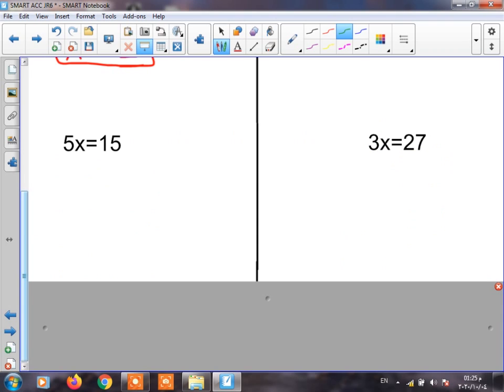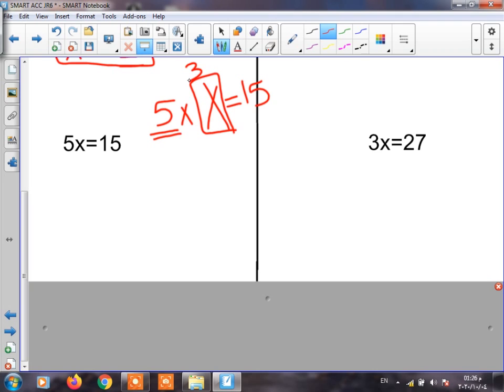Now, I want to get what I have in the first one. I have in the first one 5x equals 15. So now I want to get the value of the unknown. What's the unknown here? x. So I have here 5x. What's the meaning of 5x? 5x means 5 times x. It will be equal to 15. And I ask myself, what number times 5 gets you 15? So you say 15 divided by 5 equals 3, because 5 times 3 equals